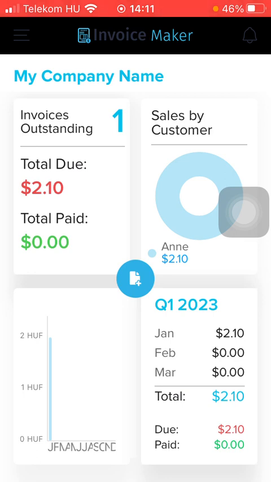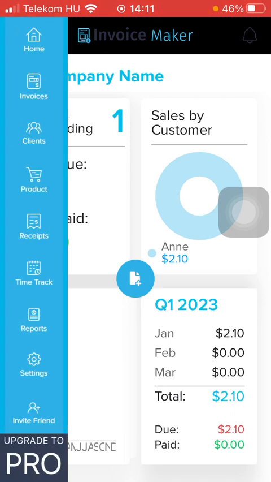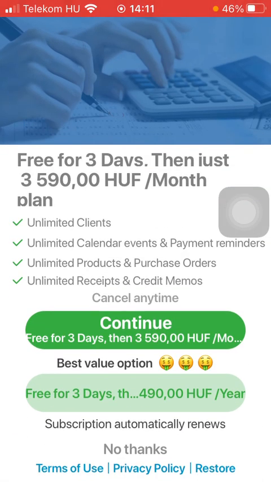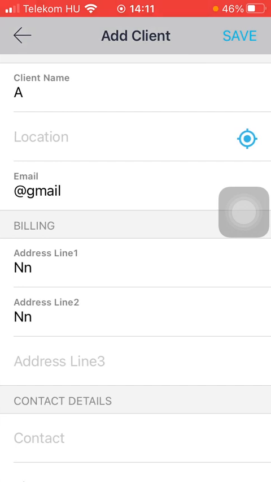First of all, open the application on your phone. After that, tap on the menu icon in the upper left corner of the screen. And then click on Clients, which is the third option, and tap on the plus icon in the upper right corner of the screen. After that, you should be able to see this